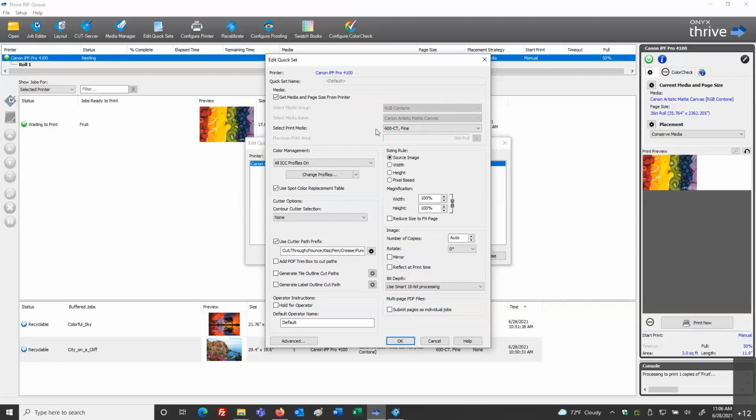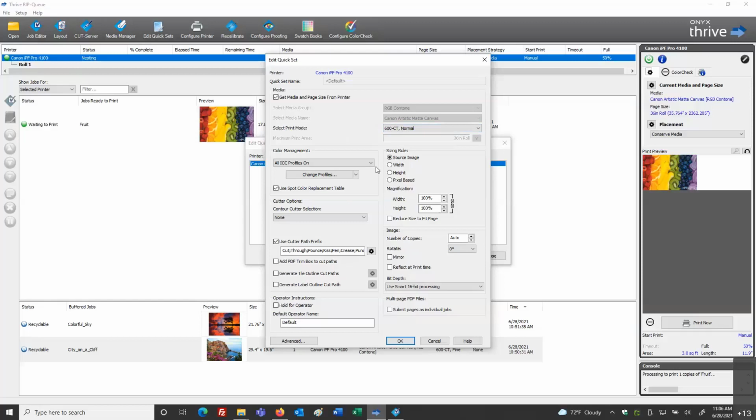Now, one point I want to raise here is the mode. In some cases, your printer's media profile will consist of different mode choices. And this is where we select the mode. You might look at this and say, well, I'm really working with a normal quality or a draft quality, but you're able to select the condition here as far as the mode is set.